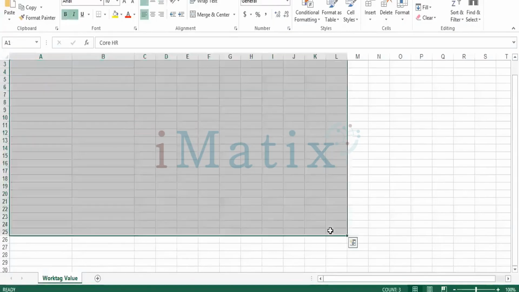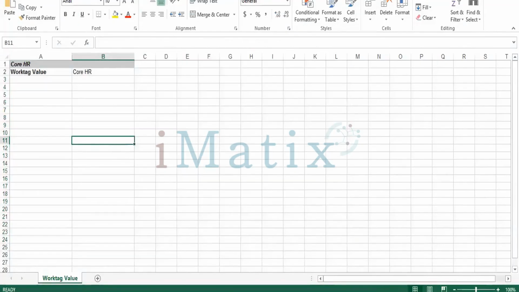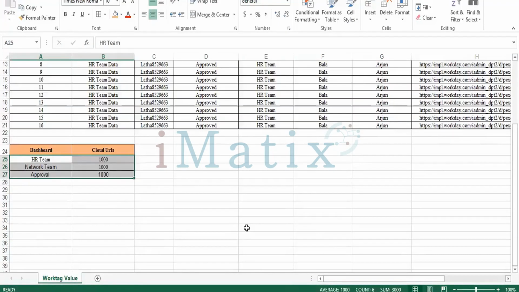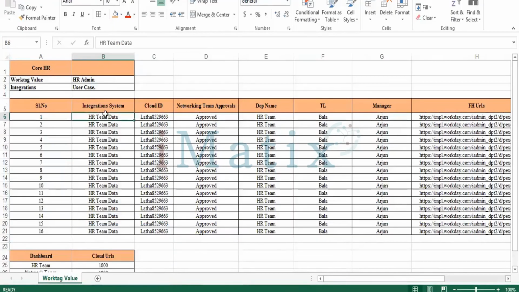The data has not been reflected. Don't worry. There is no data for whatever options we select in this. Usually you will get the data. I'll show you how the sample is going to be, to you people. This is all. The live data will go in at the end. This is an integration system called